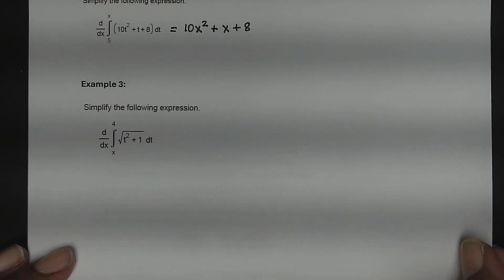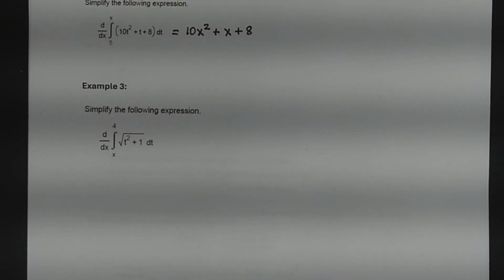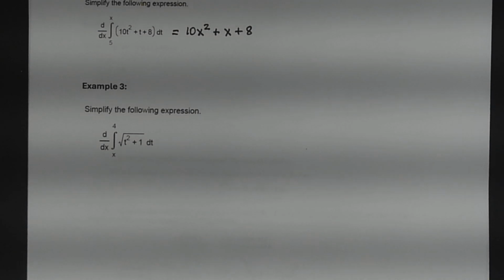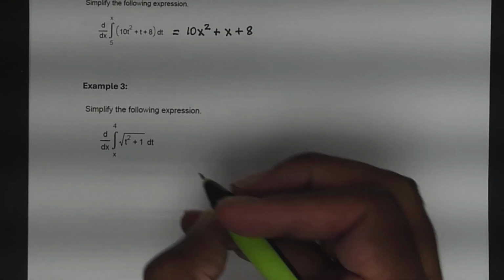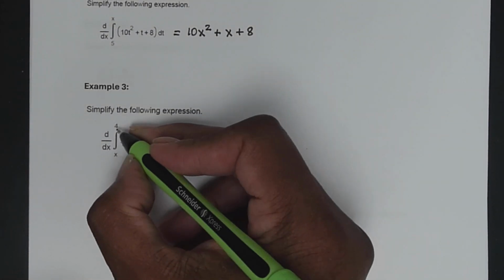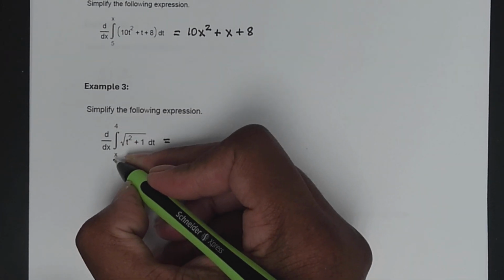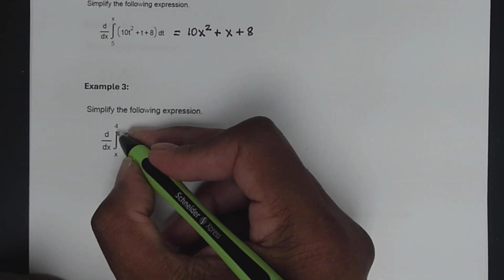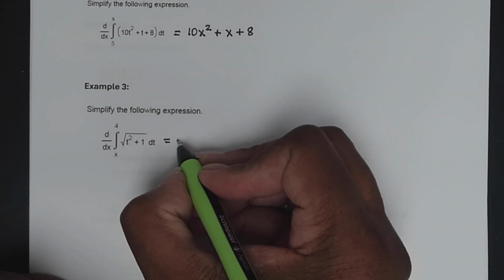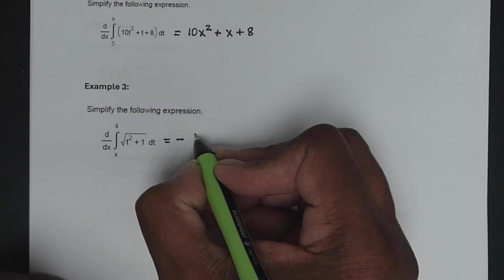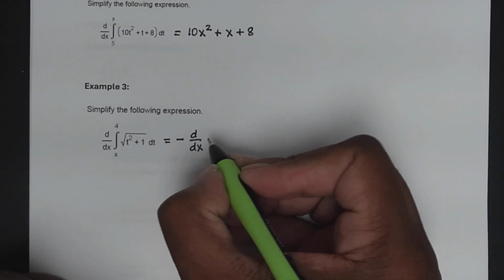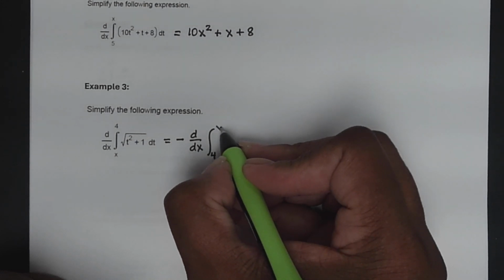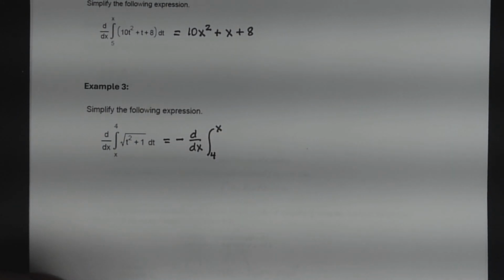And then example 3 looks like this. The derivative with respect to x of the integral from x to 4 of the square root of t squared plus 1 dt. Well, first of all, my upper limit must be x. Here the x down here is a lower limit. So if I want this to be my upper limit, I just need to switch these two limits here. So if I do that, I must have a negative sign in front of the derivative with respect to x of the integral from, this time the 4 would be my lower limit and x would be the upper limit